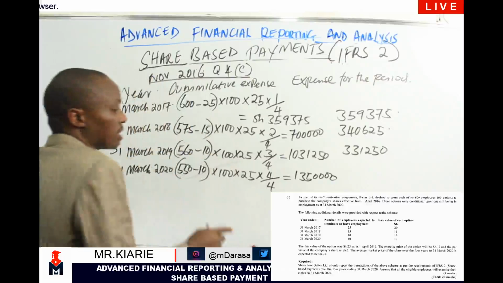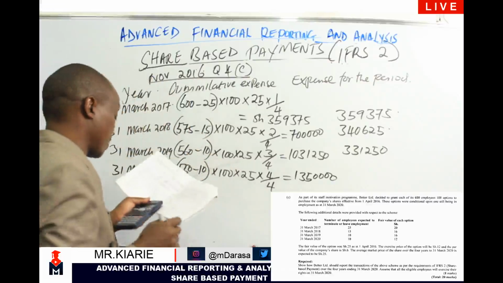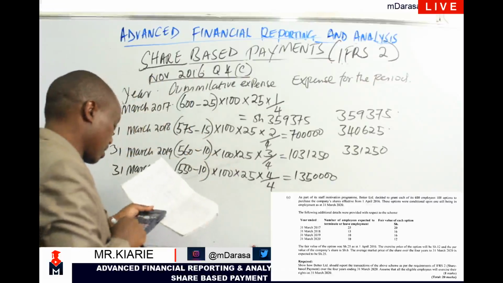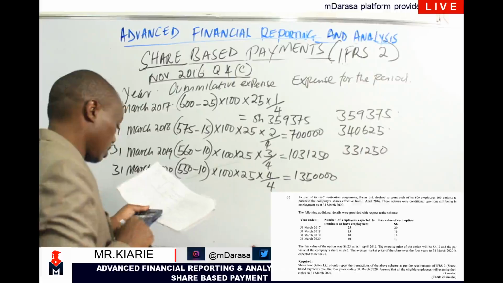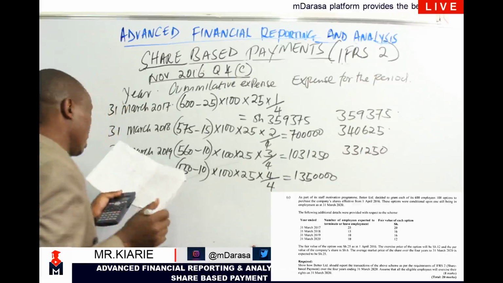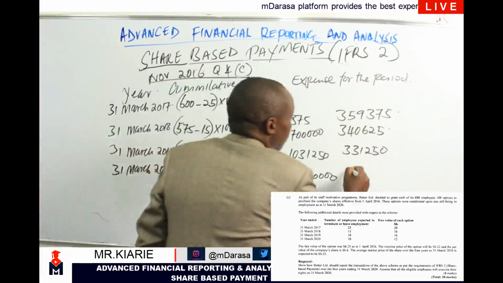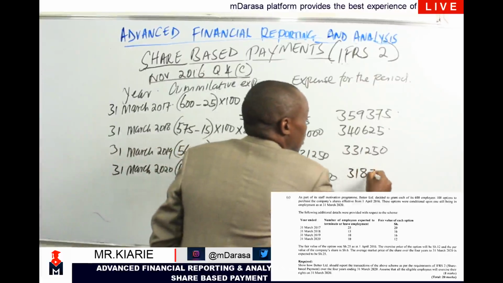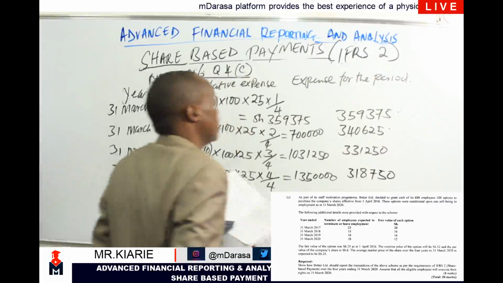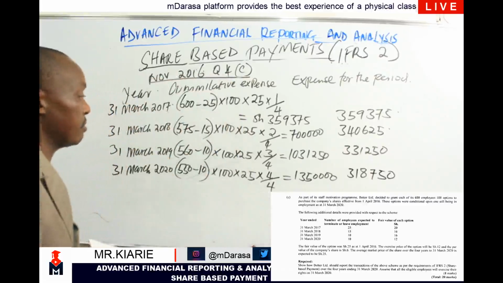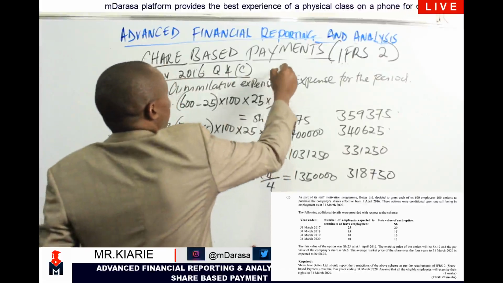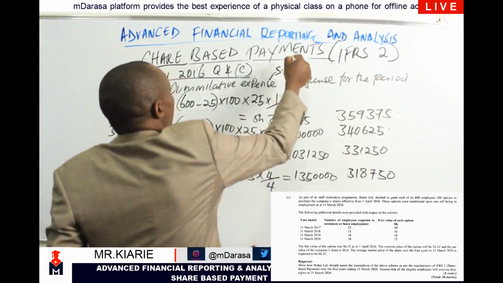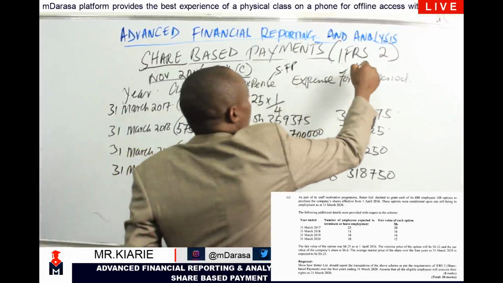I subtract the cumulative expense of the previous year, which was 1,031,250. It gives me 318,750. And therefore, this is what will appear in the statement of financial position, and the other one will appear